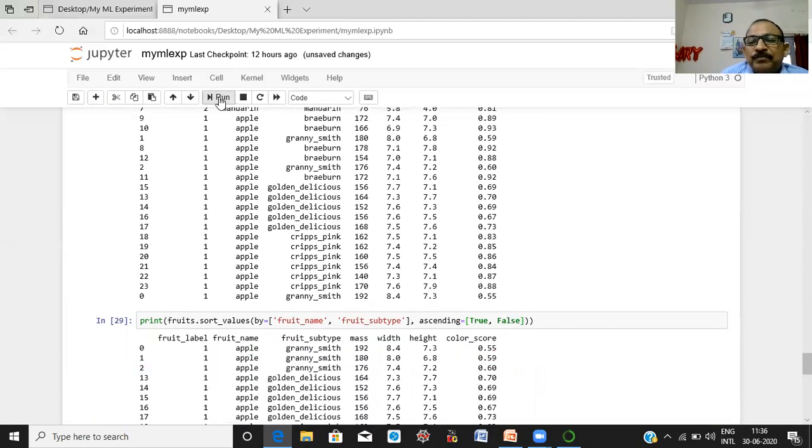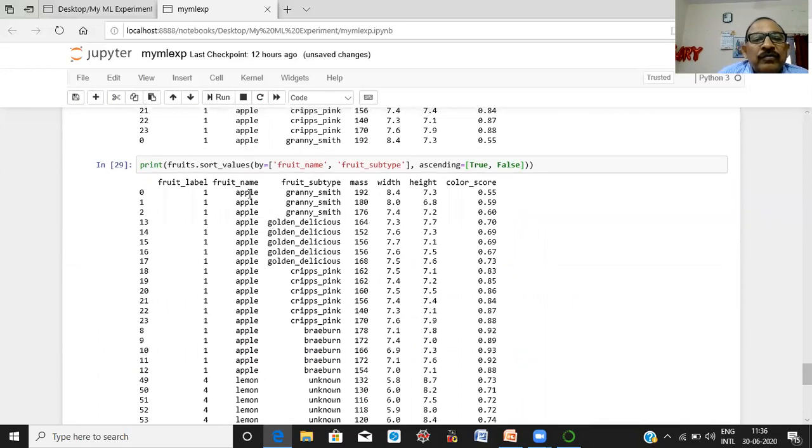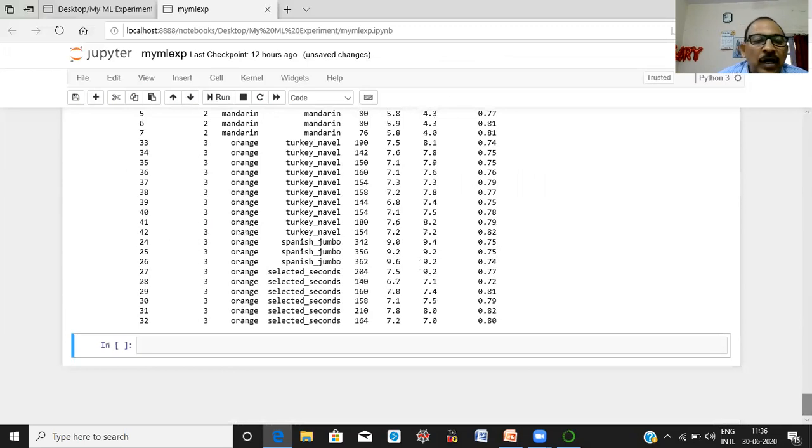Here you can see, first, on the fruit name, increasing order. On the fruit subtype, it is decreasing order. Okay. So this way you can arrange your records on one column or more than one variable, in descending order or